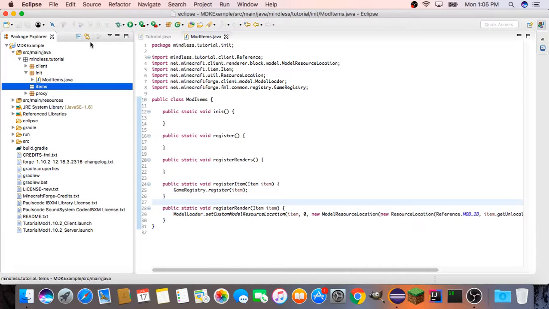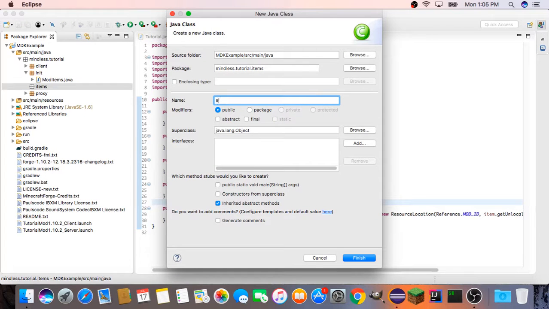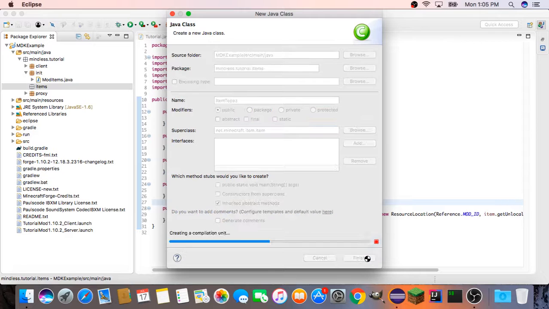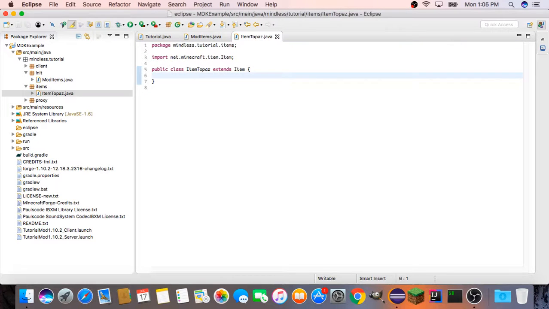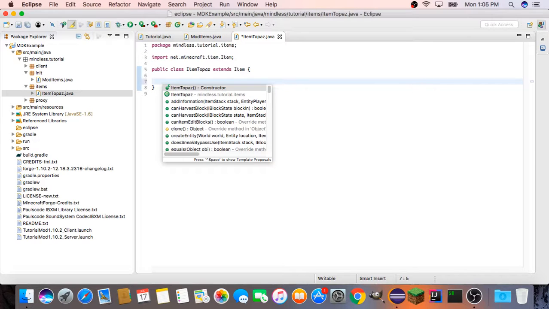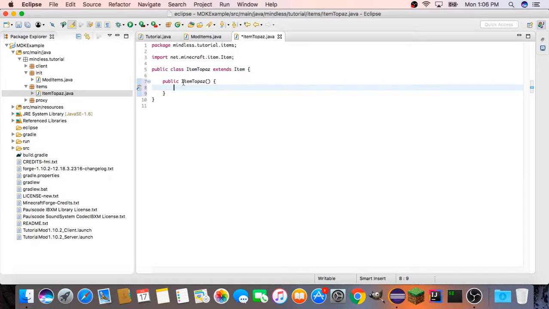And then in our items package, we're going to create a new class, and this is going to be your item class. So Item, and then whatever the name of your item is going to be. Mine's going to be Topaz, and the superclass is going to be net.minecraft.item.Item with a capital I. We can finish that, and then we're going to press Ctrl+Space and add a constructor. In these parentheses, we're going to add a String unlocalizedName, and also a String